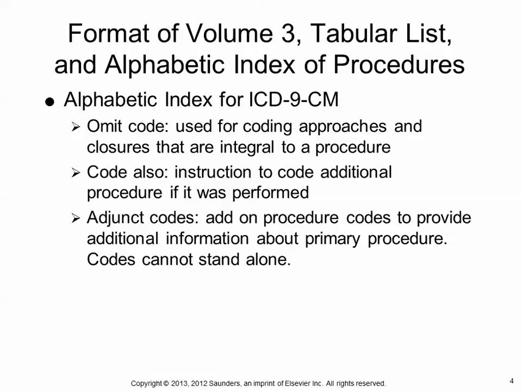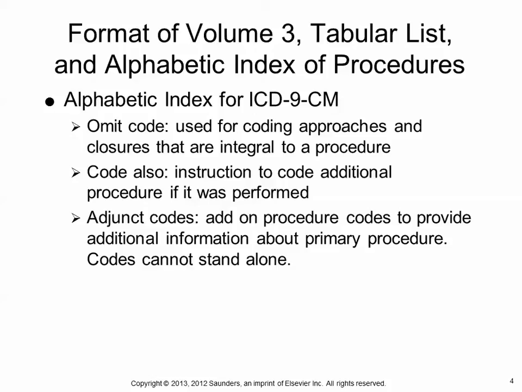All right, so in the alphabetic index, we do have a few things. We have something called omit code that you will see. It's an instructional note. It's used to code approaches. So if you are coding an approach that could be a standalone procedure, but it's the only way to perform another procedure, they need to get to that particular area using a scope of some kind or whatnot, and it's considered an integral part of the procedure, you will see the note that says omit code. You don't code for that procedure as you would if it were